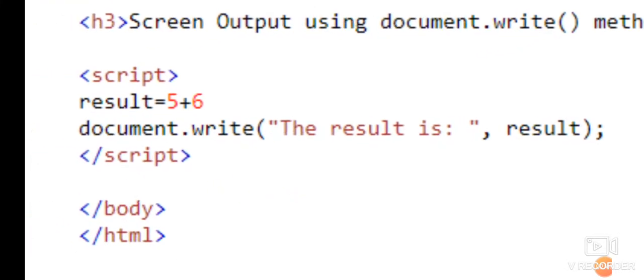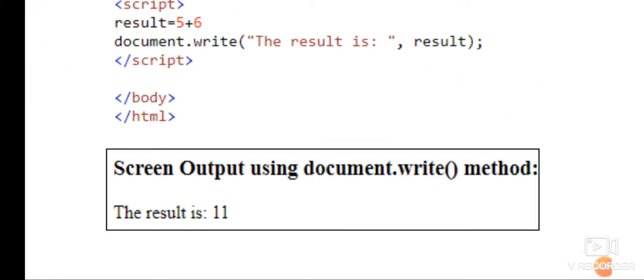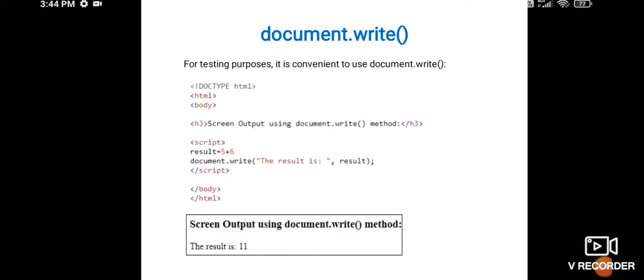You can see here the document.write statement we are using to print the result as 11. You can see the output here. The result is 11. It's printed with the help of the document.write method. This is all about the document.write method.